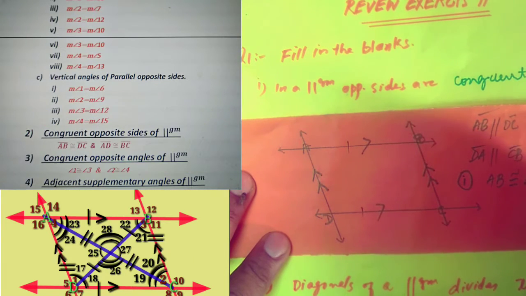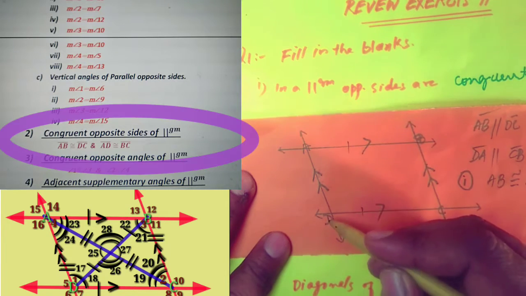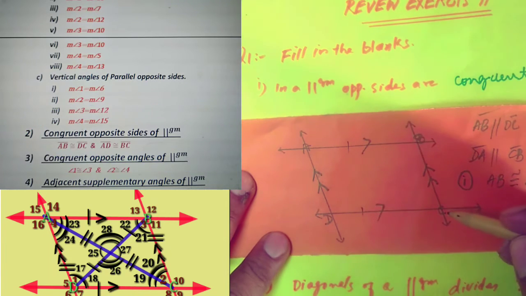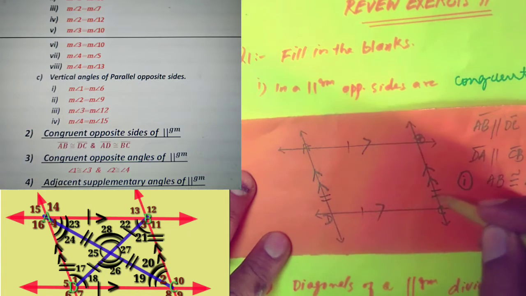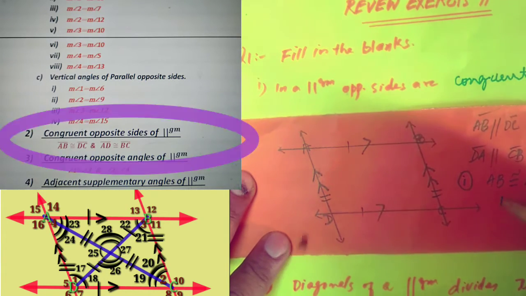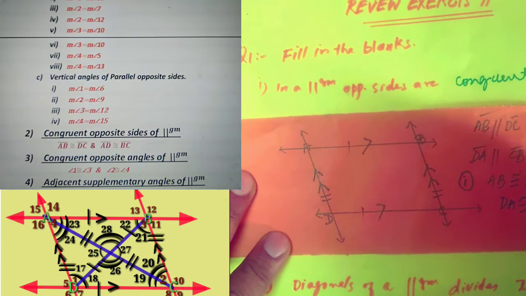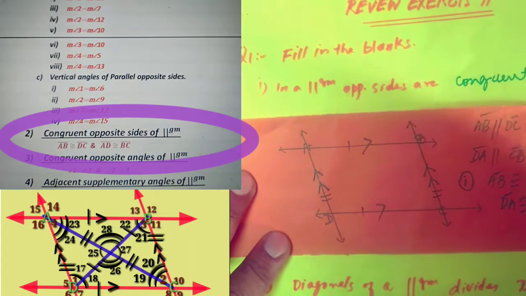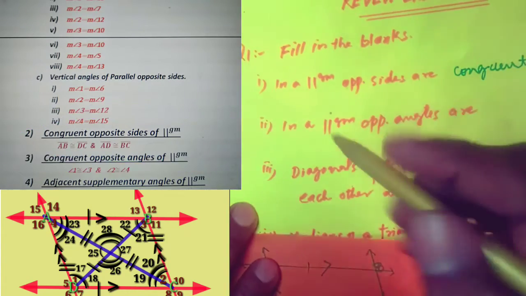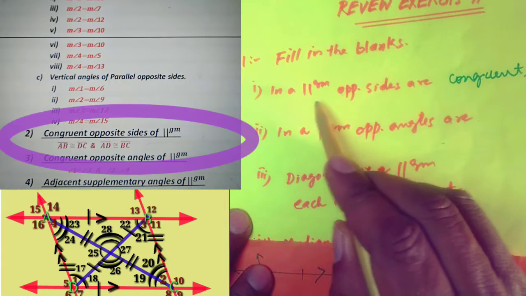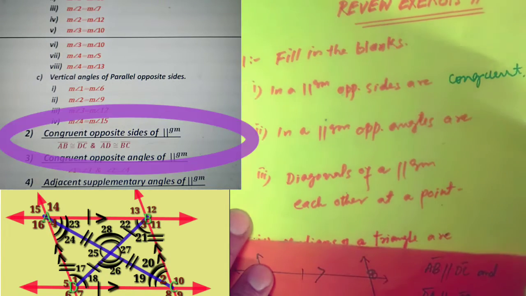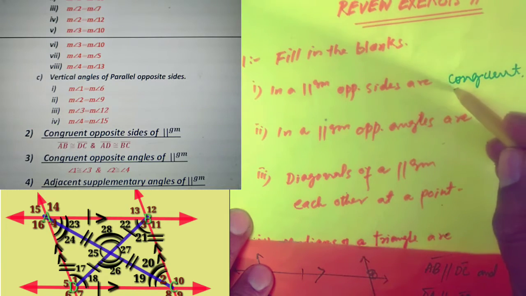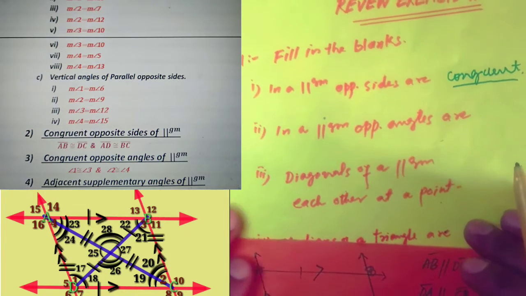Also, DA is congruent to side CB. So this statement will become: in a parallelogram, opposite sides are congruent. After that,